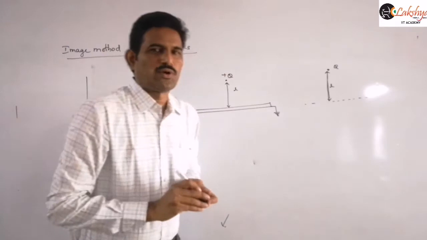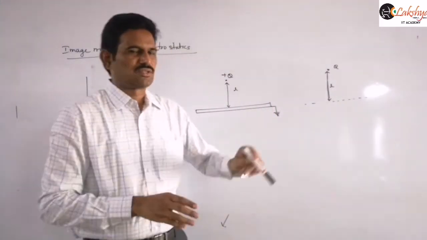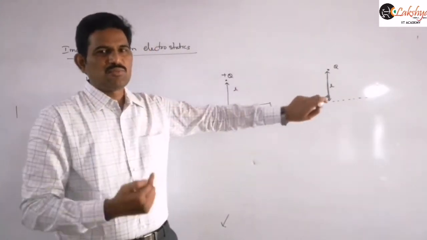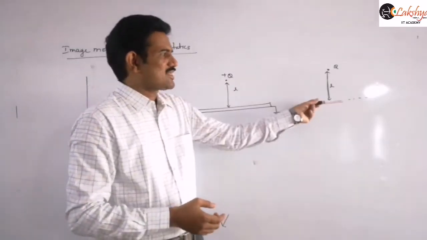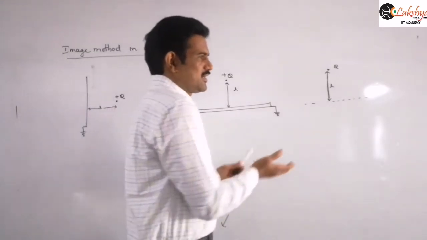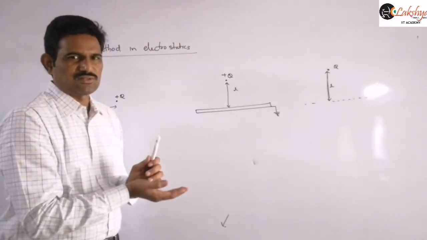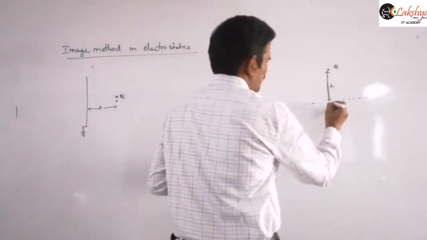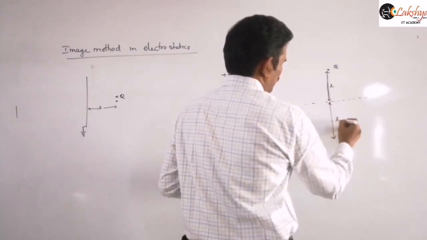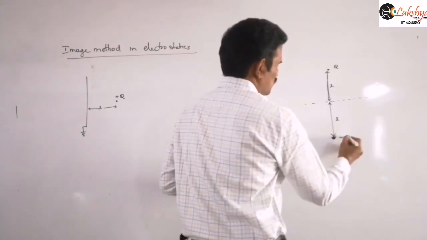If a point charge is given, we consider the point charge. If some extended object is given, we consider the extended object. So we consider the given charge configuration itself and its image. That means now we need to treat this as a mirror. If you are taking that as a mirror, we know what image will be formed here. It behaves like a plane mirror, and in a plane mirror you know that the image will be at an equal distance from the object. So at the same distance L, the image means now minus q we should consider here.